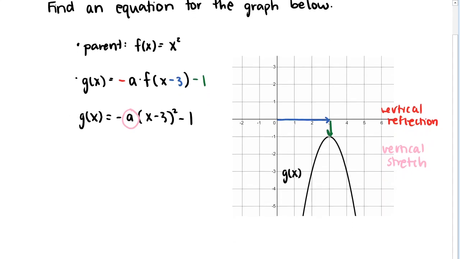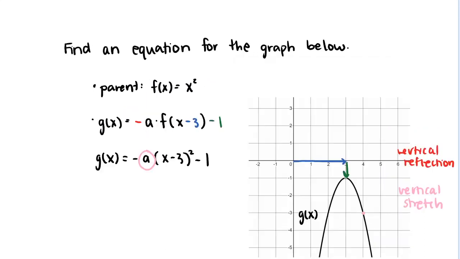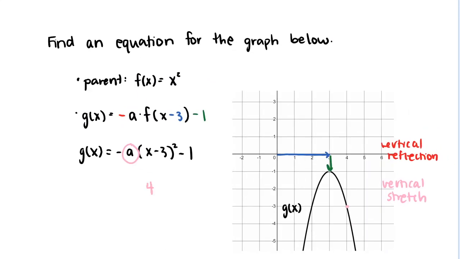I know that this point, I mean, there are many different points we can use, but this is one example of a point that belongs on the graph of my function. In other words, it should make my function true. If I plug in 4 for my input, I should expect -3 as my output. And so we can use this to figure out the value of a. Right? So if I plug in 4 for the input of this function, I expect to get -3 for the output of this function. And so here, that tells us that we have the equation -3 ought to equal -a